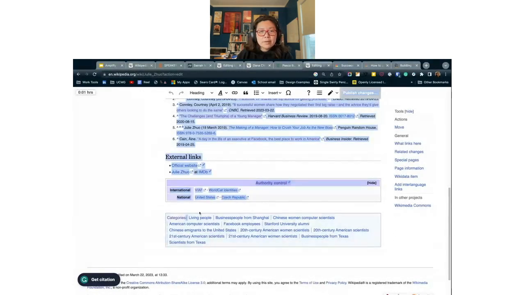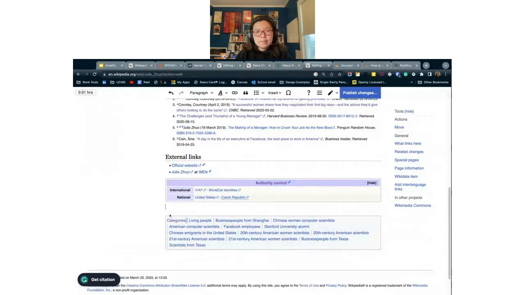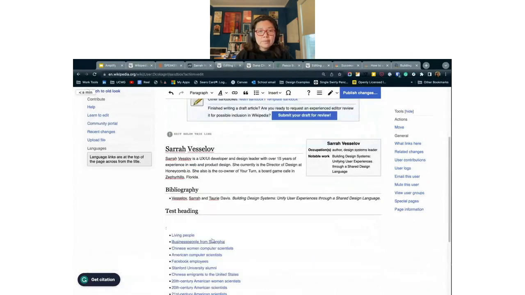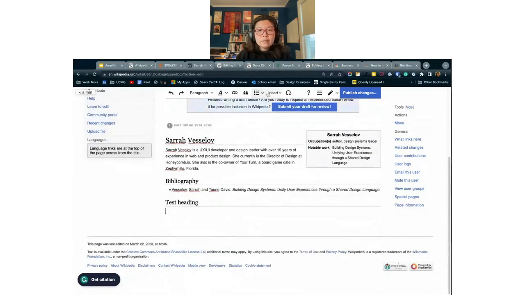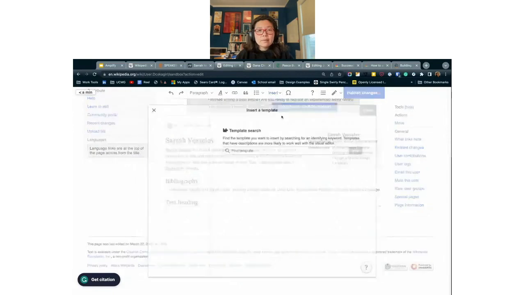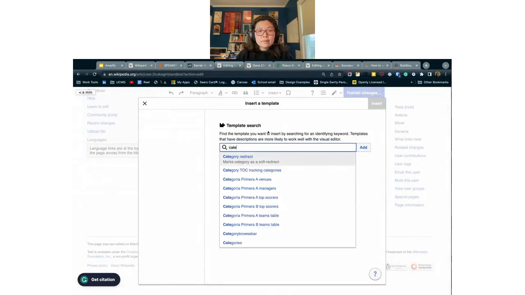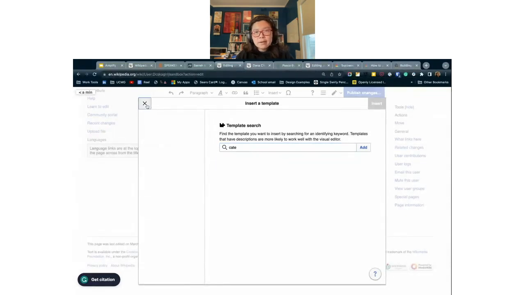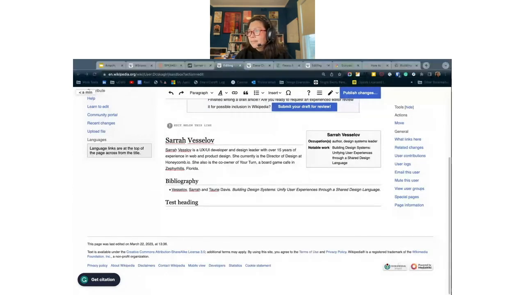I wonder if it's smart and I can copy this. Maybe not. Nope, that didn't work. Okay. I'll skip the categories thing, but yeah, working in the sandbox, and I think that's it in terms of a demo.